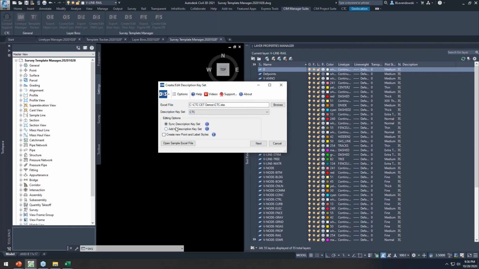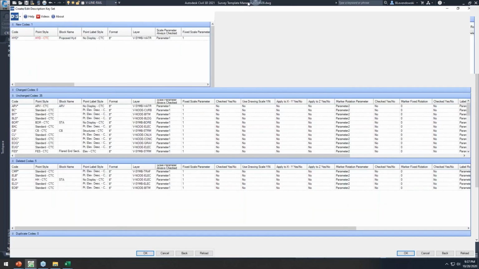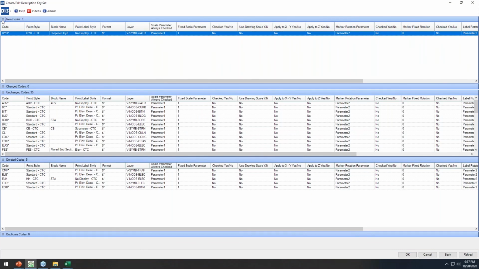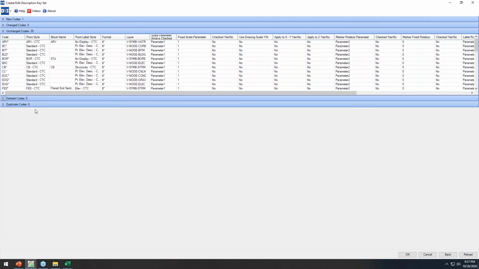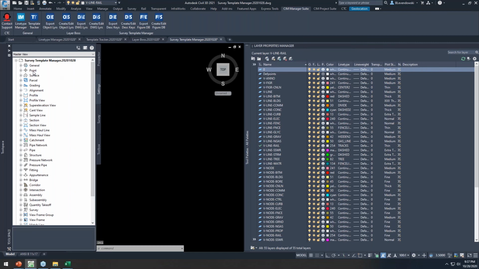I've got some editing options here, much like the LayerBoss tool. I can sync or add. If I sync, it will delete codes that I deleted out of Excel. It will delete them from the drawing. And then I can also create new point styles. Here's that thing I wanted to do with the hydrant code. So I'll hit next. Again, it gives me a preview of what's about to happen. We've got a new code being created. We've got some deleted codes. And then if we had any, it would count up our duplicate codes. So I hit OK, it gives me a little confirmation of everything that's about to happen to my description key set. OK to that. And if we take a peek at it,